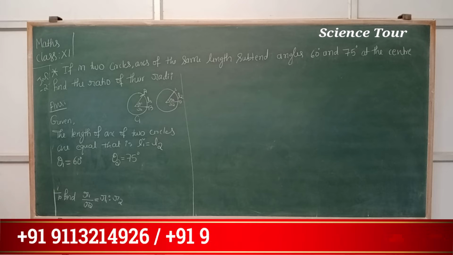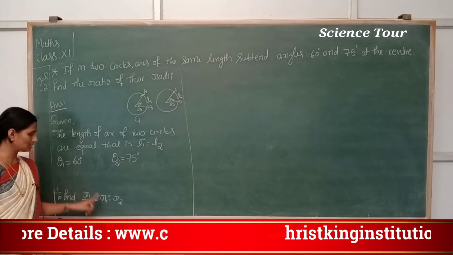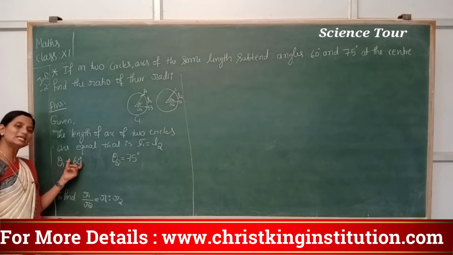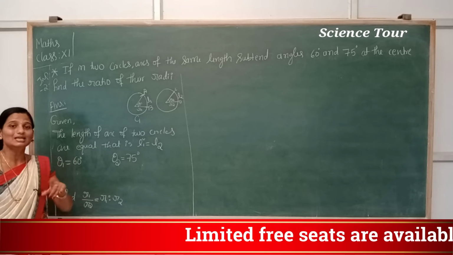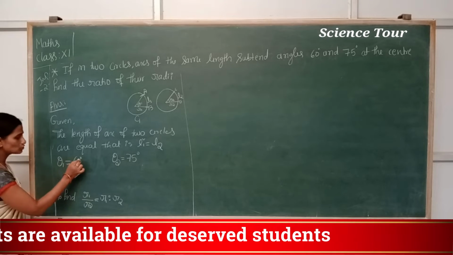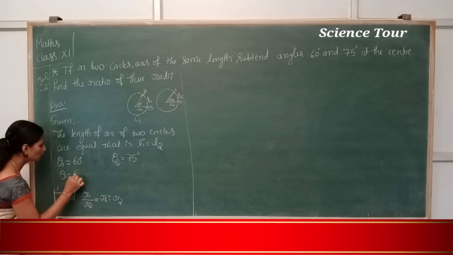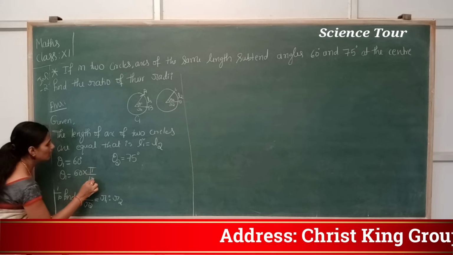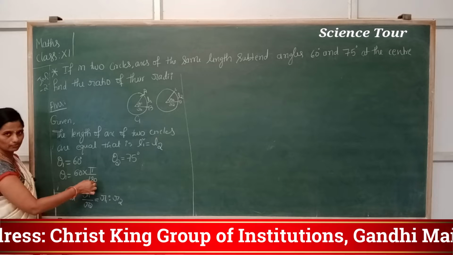Clear this? Yes. Now which formula to use? L theta R. So relation is L is equal to R theta. But theta is in degree. So in formula L is equal to R theta, theta is in what? Theta is in radian, right? So now here theta should be converted to radian. How to convert? Multiply by pi divided by 180, right?